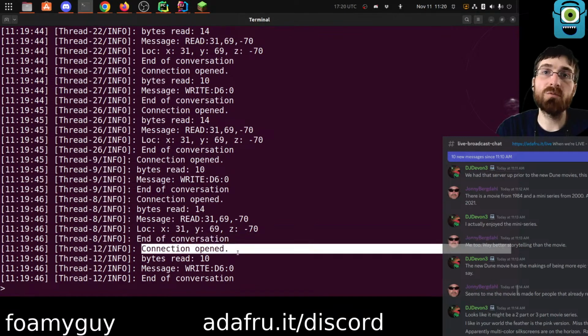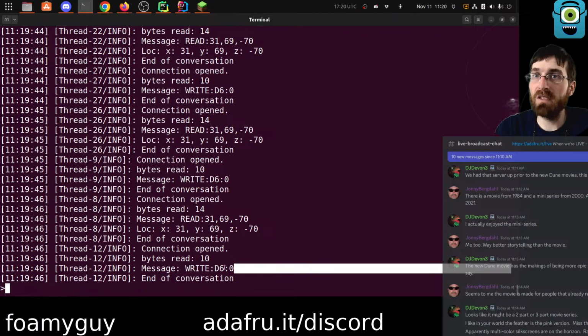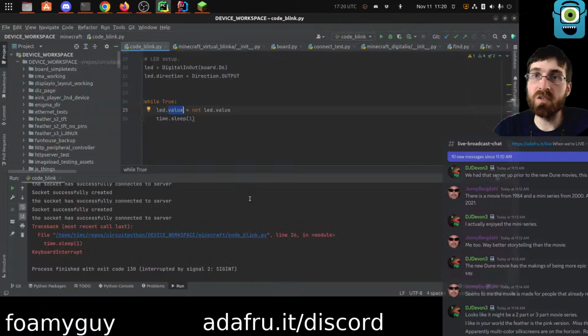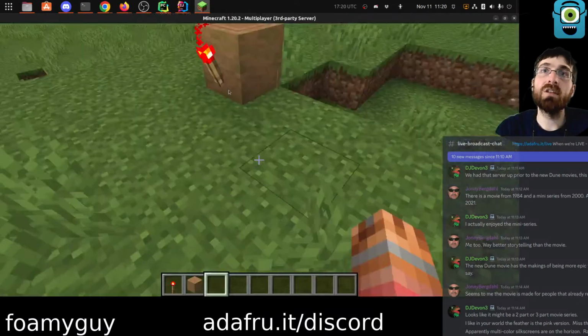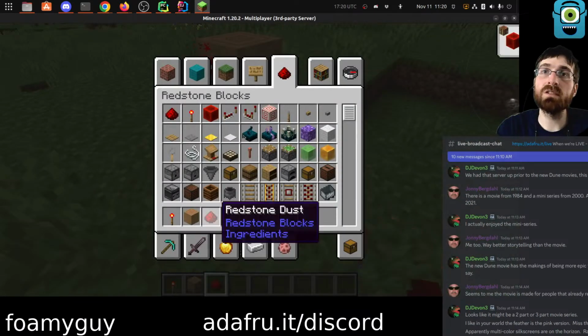A new connection was opened, which is going to be the writing connection. This time we read 10 bytes. The message that we read was write D60. I have not updated this to be the location yet, but we will. We wrote a 0 because we returned a 1 because our torch was on. So now this is the real, actual moment of truth test right here, if we take this and a